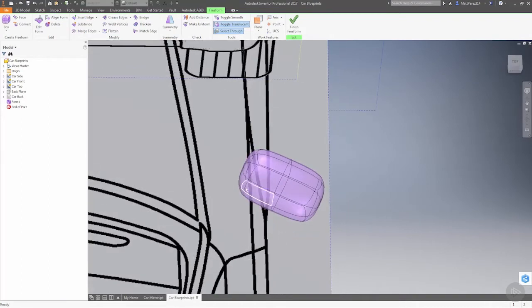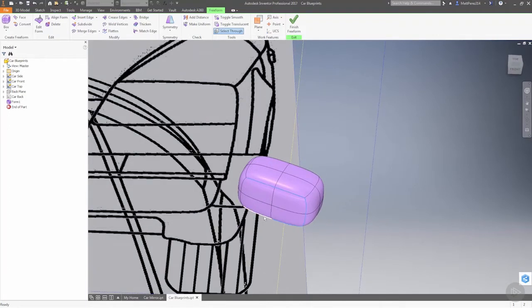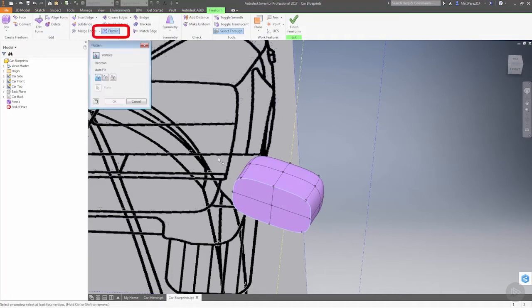So the first thing that I'm going to do is turn translucency back off so it's a little bit easier for us to see. I then am going to hold down the Control key and select all the loops around the front face. I'm going to use Crease Edge to pull them out, and then I'm going to use Flatten to make sure that they're all flattened. Now with Flatten, you need to have at least 4 vertices before it starts to average